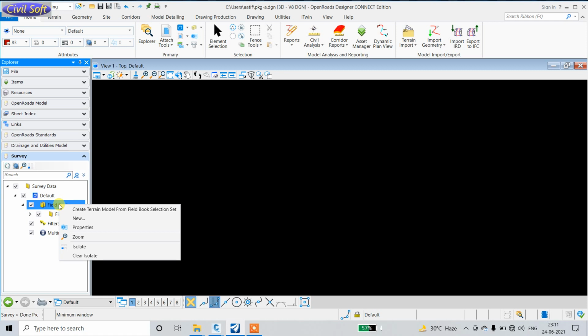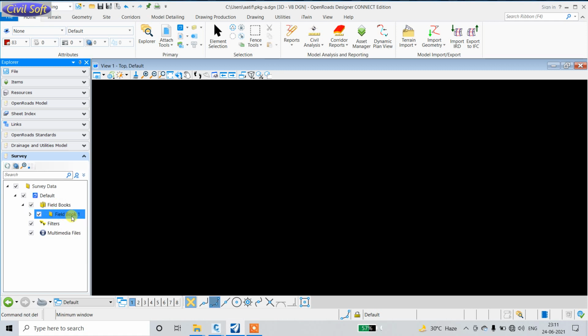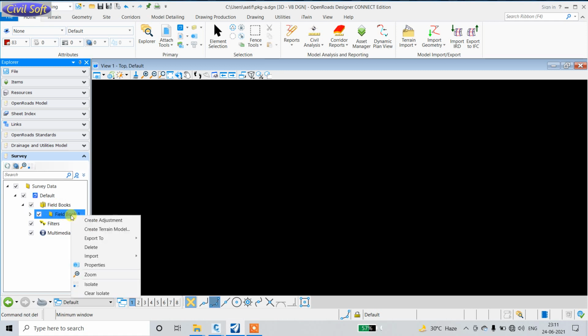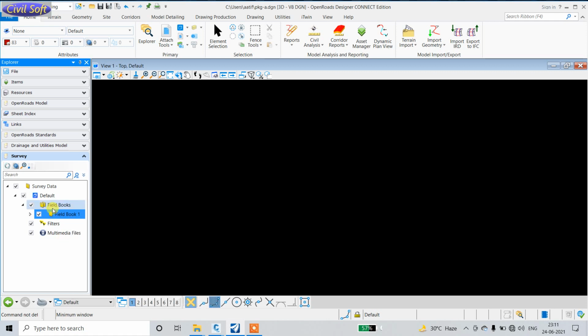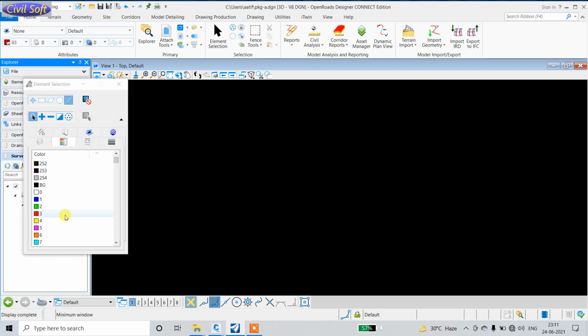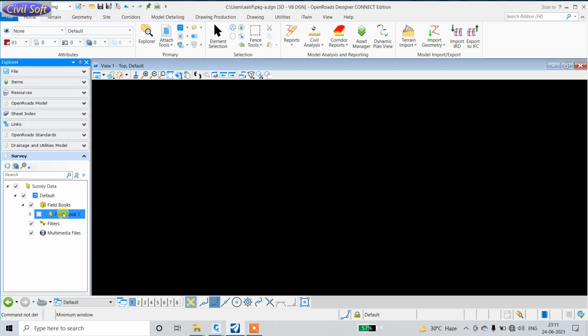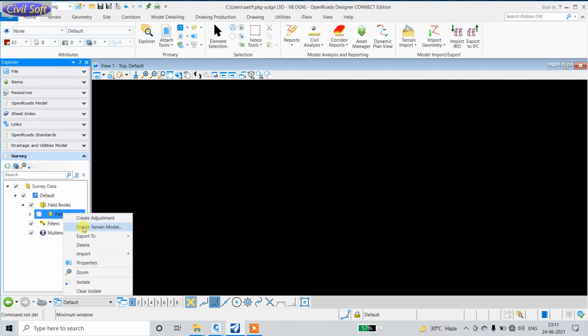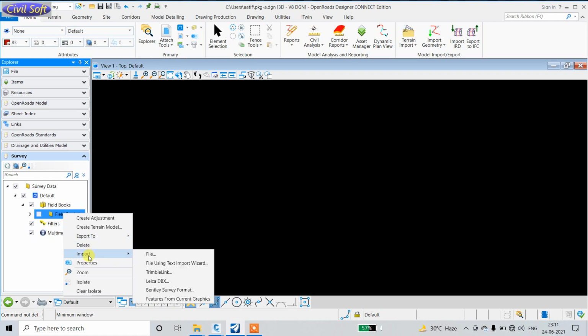After clicking on new field book 1, import the file using the text import wizard. Click on field book, click on new. After creating the field book, right click and click on import.